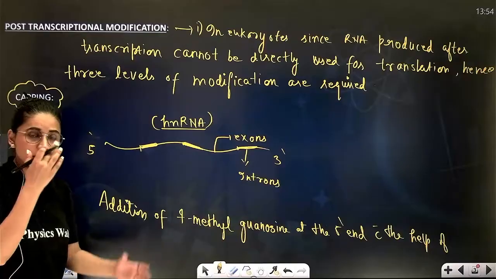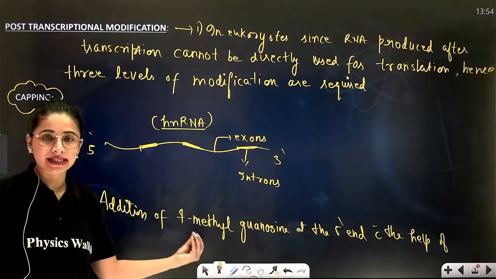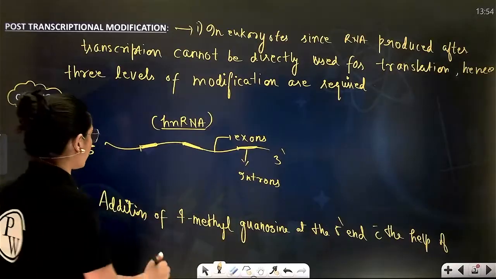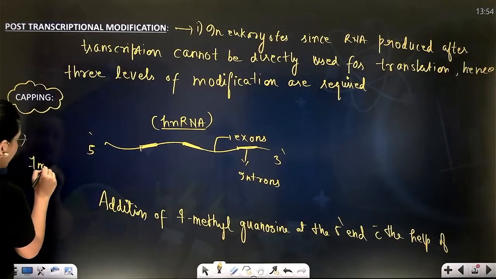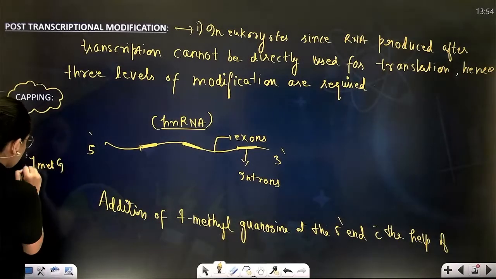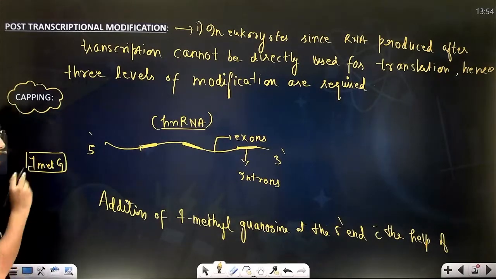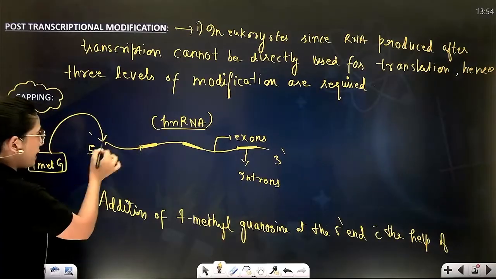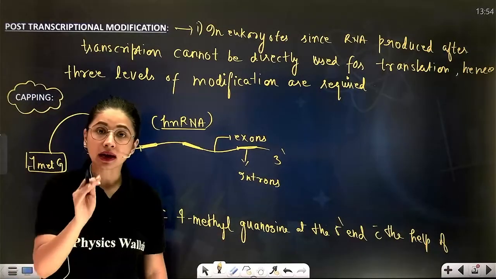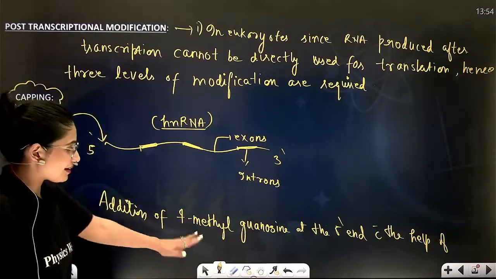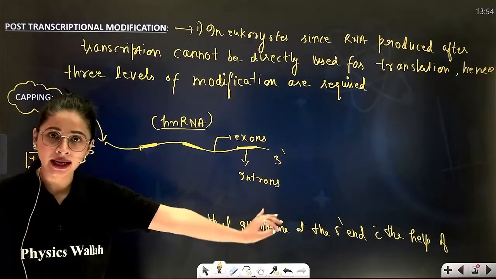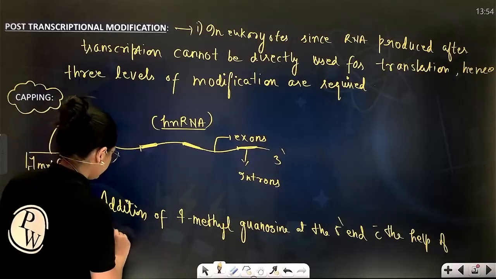Now, there is an enzyme called guanyl transferase present in the nucleus of the eukaryotic cell, which is responsible for the addition of 7-methyl guanosine. This extra cap is going to attach at the 5' end of the hnRNA. So addition of 7-methyl guanosine at the 5' end of the hnRNA with the help of